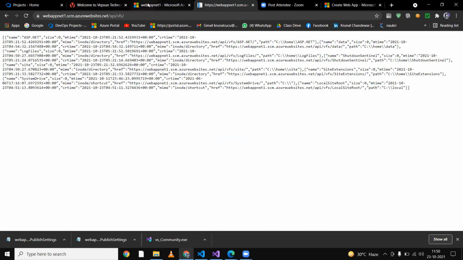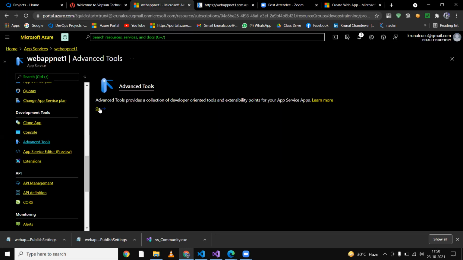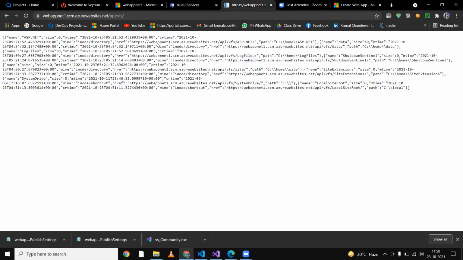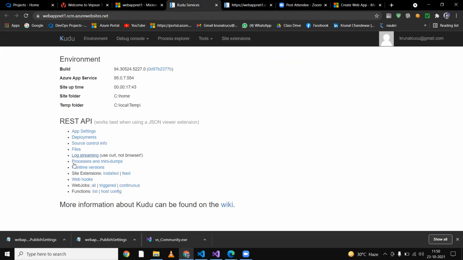This is the location of your file. And after that, log stream, processor and so on. We discuss all of this here in our Kudu.